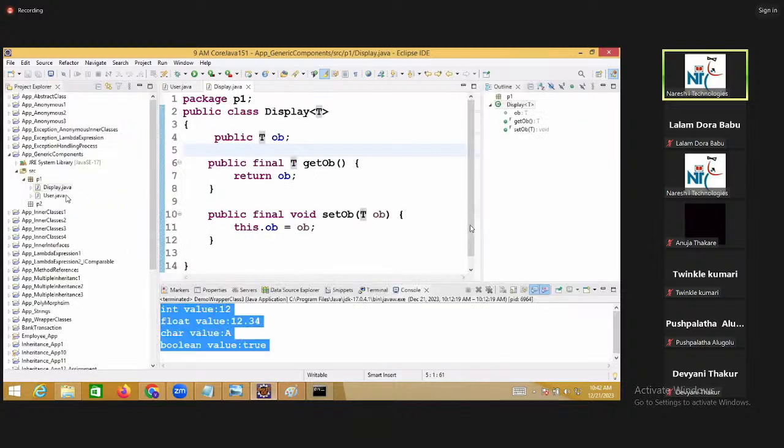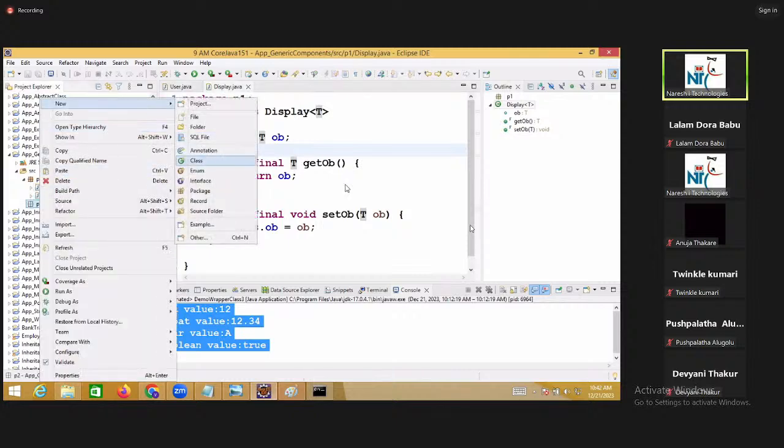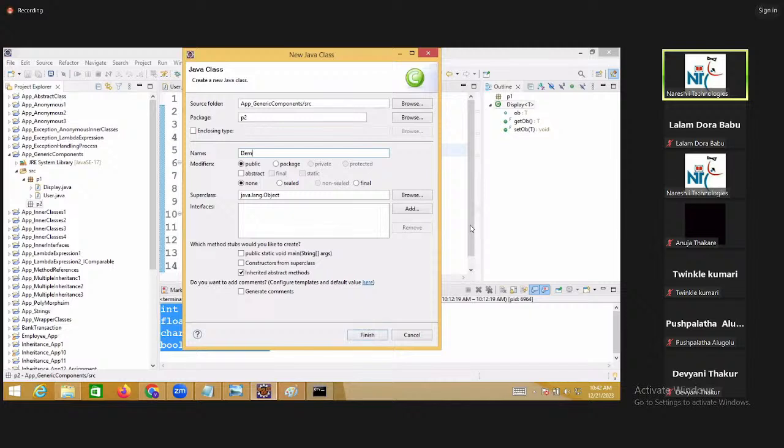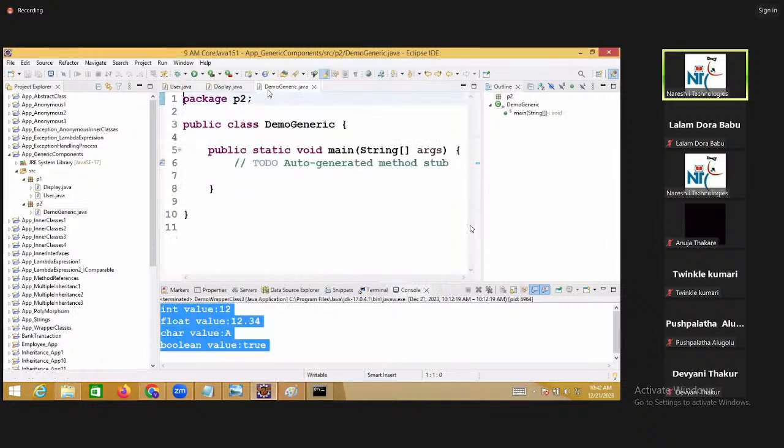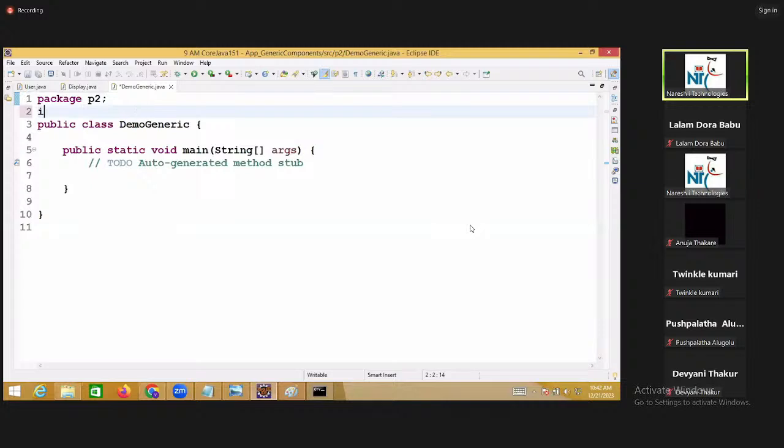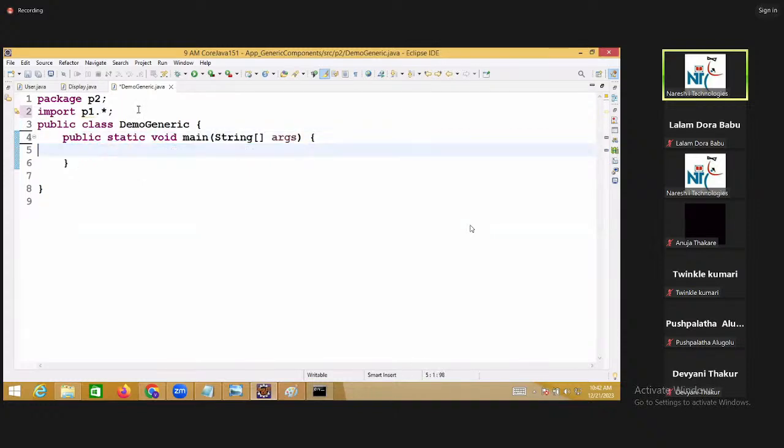I'll go to the main class under P2. Class DemoGeneric I am taking. So import p1.*. See there. Here I am creating one object now. Display